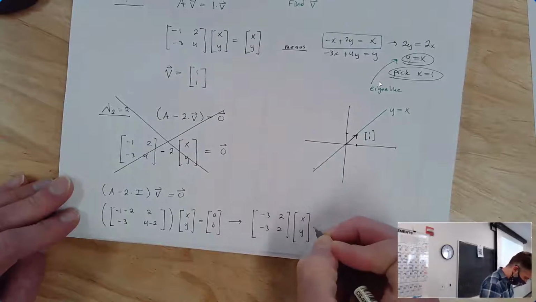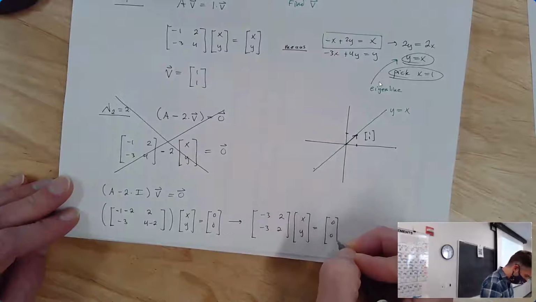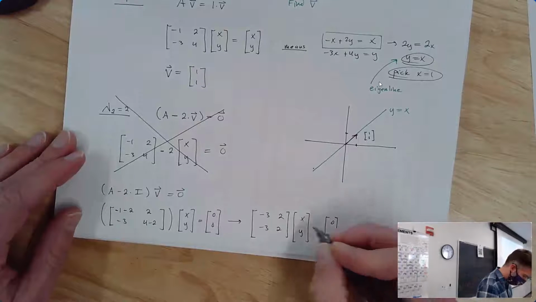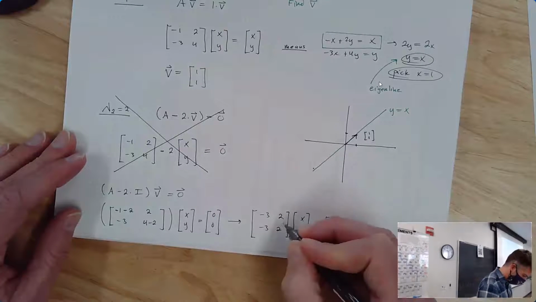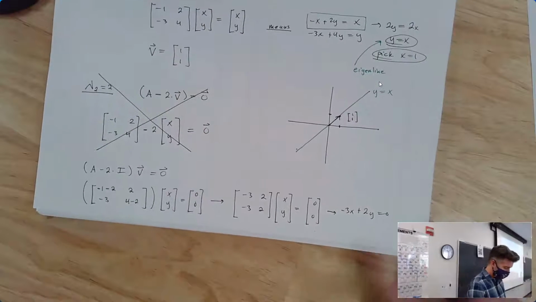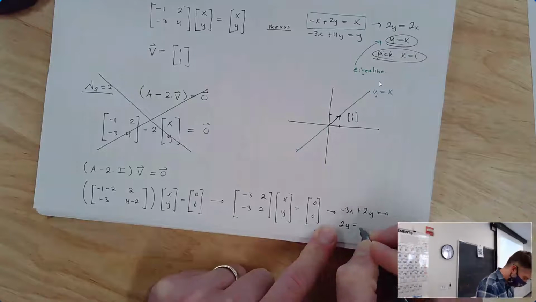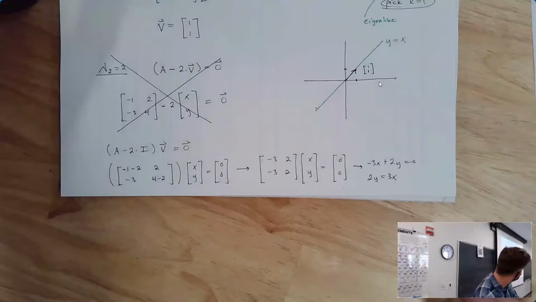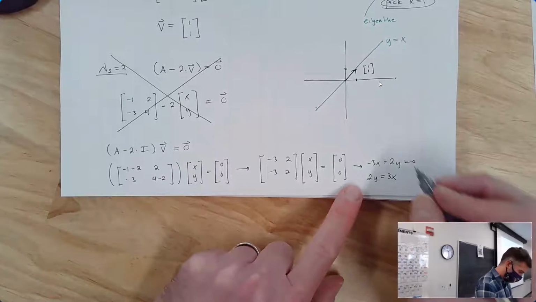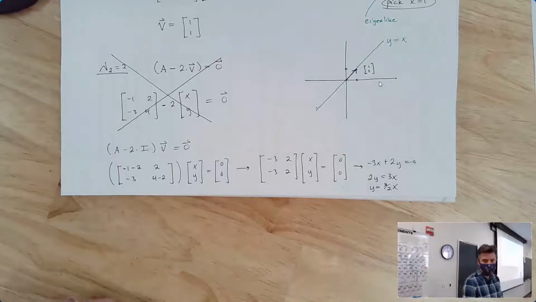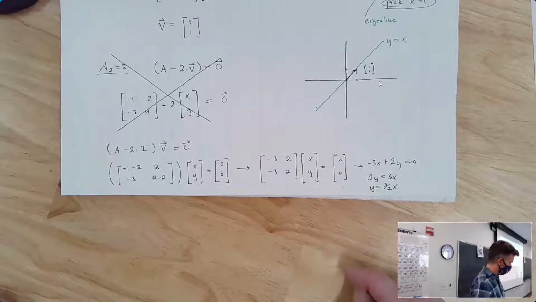It's pretty common that when you do it this way, both rows look the same, or that they are at least multiples of each other, not exactly the same. So this translates to -3 times x plus 2 times y equals 0. Solving for y, I get 2y equals 3x, which is where I usually like to leave things. But you can also solve for y and say y equals 3/2 x. The nice thing about writing it as 2y equal to 3x